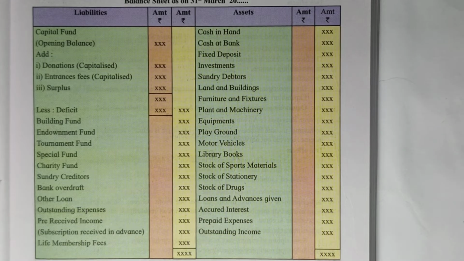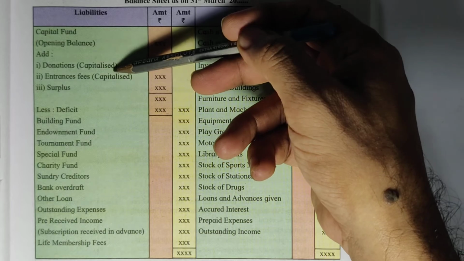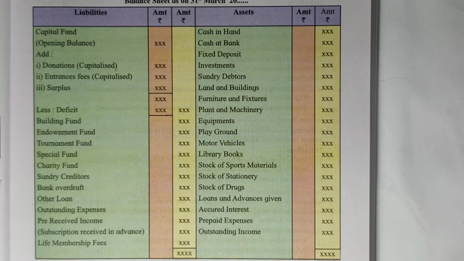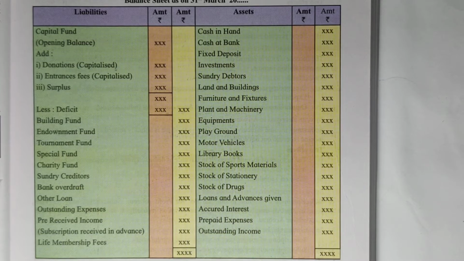Balance sheet indicates only the capital receipts and the capital expenditures. If there is any revenue expenditure like salary, it will go to the expenditure side, that is, to the income and expenditure account. If there is rent received given in the question, it is a revenue receipt and it will go to the income and expenditure account, credit side. But if it is a capital receipt like loan taken or sale of machinery, these are to be recorded in the balance sheet. Loan taken is a liability. Sale of machinery is deducted from machinery.